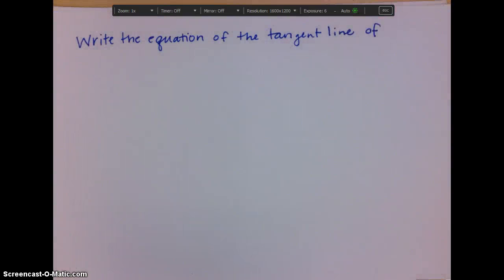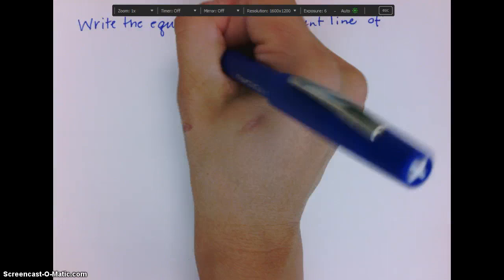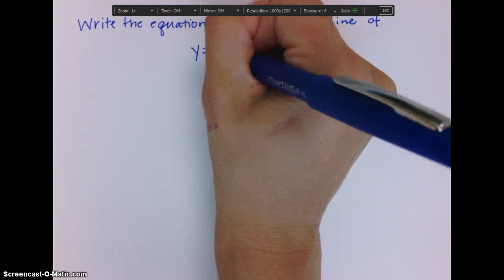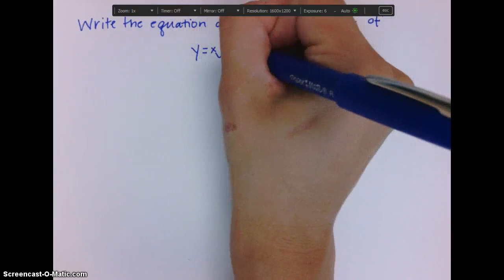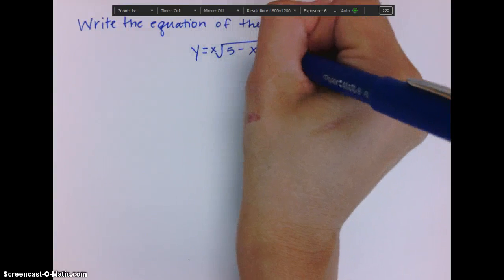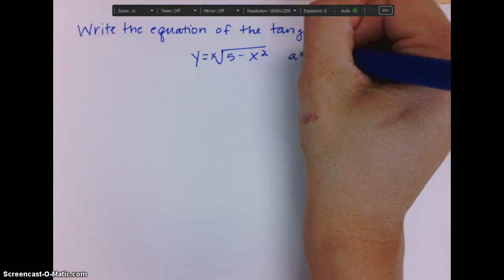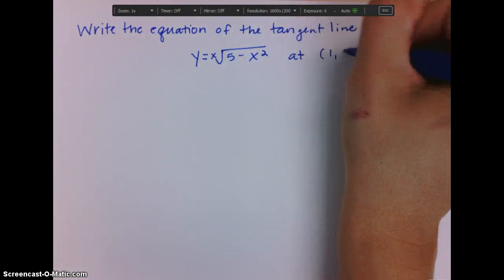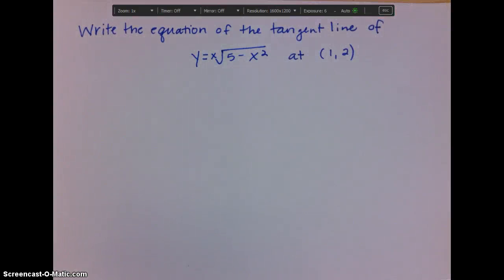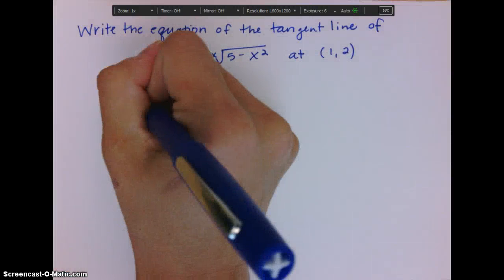of the function y equals x times the square root of 5 minus x squared. So the same function that we just worked on a second ago. And it's going to be at the point 1 comma 2. So remember, if we're writing the equation of the tangent line,